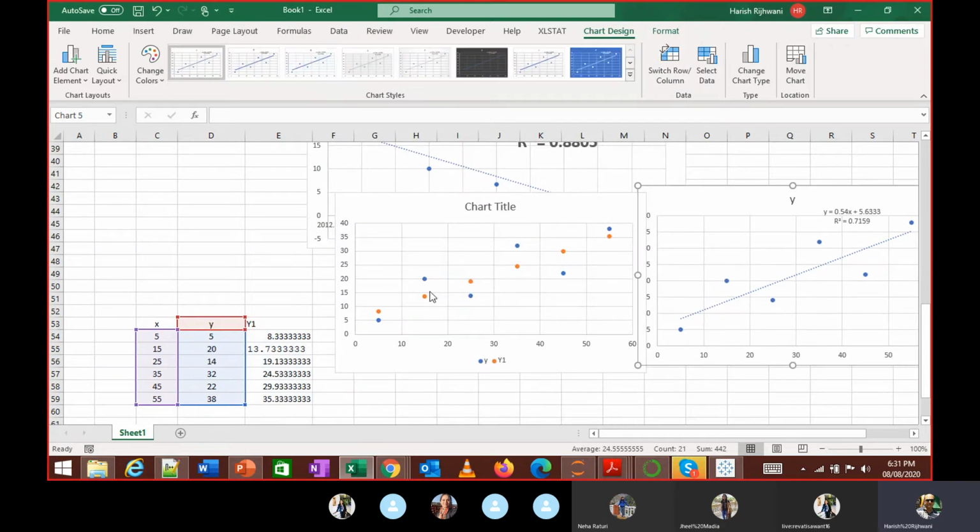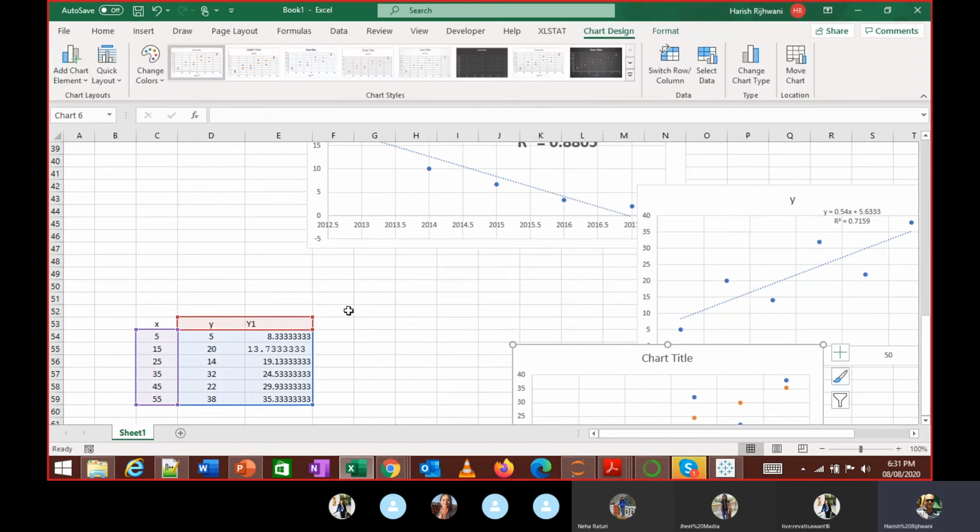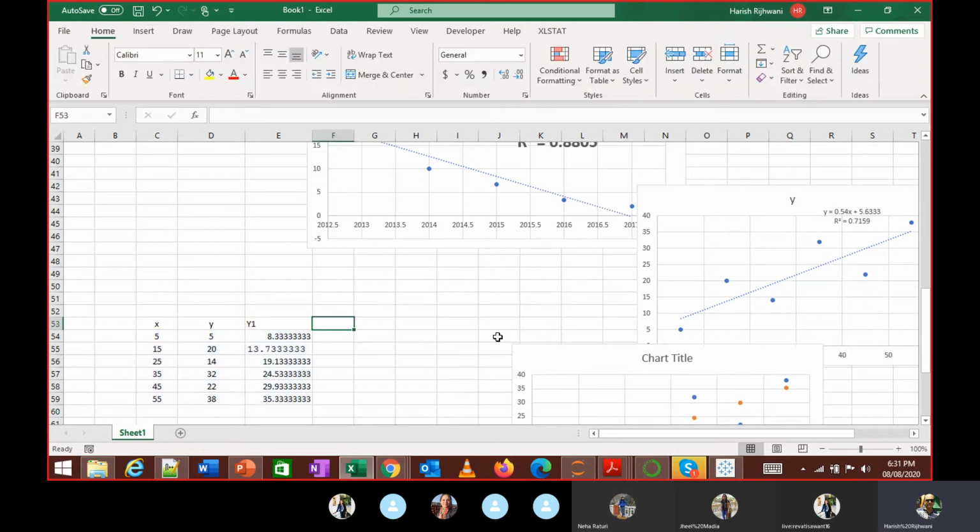You can see this line, and you can see the points are actually the same. So I'm getting the same value when I predict this. So I can actually use this formula: y is equal to 0.54 into x, this is my value of x, plus 5.6333.